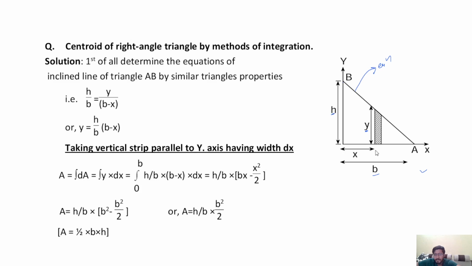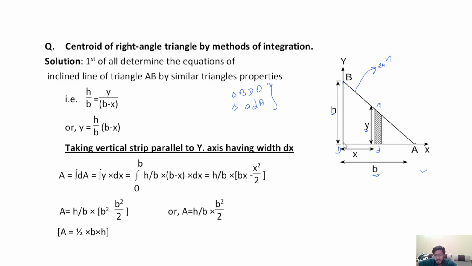If we consider two triangles, that is triangle B D A, and another triangle, small a, small d and a, in this two triangles we apply the similar triangle property, so that